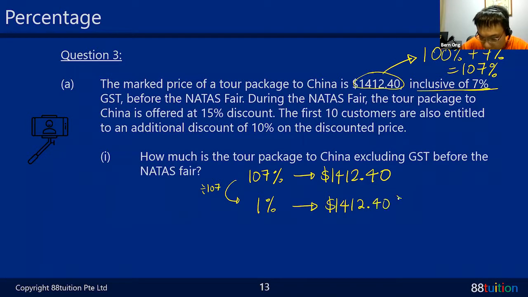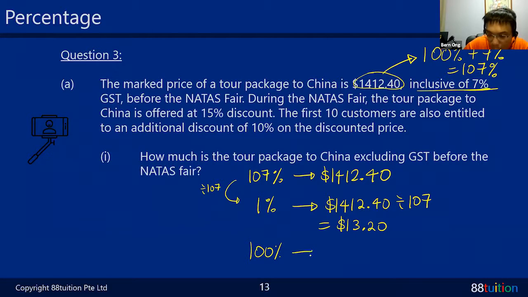$1,412.40 divided by 107. Will it be a nice number? I hope so. The answer is $13.20. The question says excluding the GST, which means it's at 100%. So 100% will be what? From 1, how do you get to 100? Times 100. So $13.20 times 100, and therefore your answer is